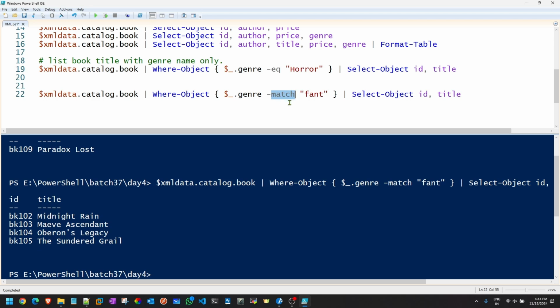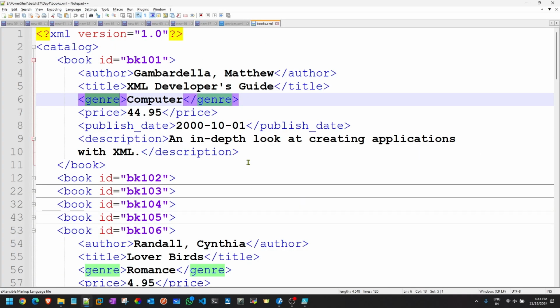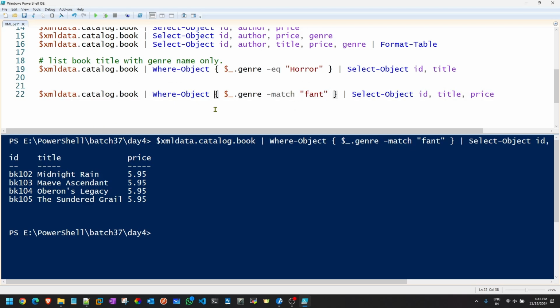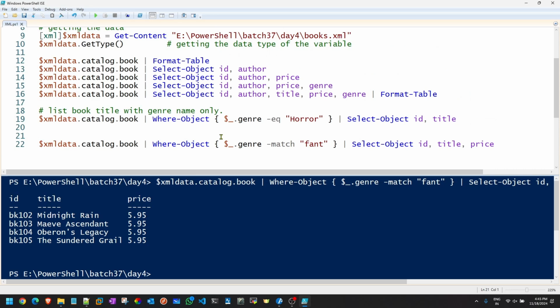These are basically called your regular expressions, where you are basically using text expressions, where you are just passing some part of your entire statement and then based on that, you're getting exactly what you're looking for. I can also provide here price as well. So I'll get the pricing information too. So imagine from where we started and where we have ended now. That's the beauty of XML. Okay. So here list book ID